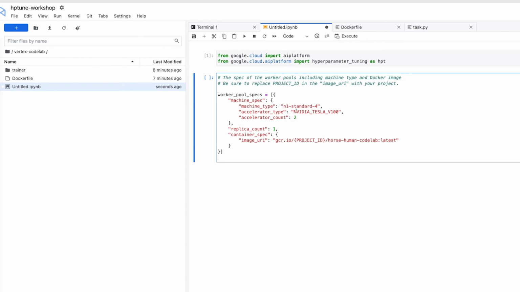So here we're specifying an N1 standard 4 machine type. We're specifying an NVIDIA Tesla V100 as our accelerator, and we're going to use 2 accelerators. And again, this is so that we have 2 GPUs so that we can do distributed training. Feel free to try out different machine types, different accelerator types, use more or fewer accelerators. The more accelerators you use, of course, the more expensive it will be, but feel free to experiment here however